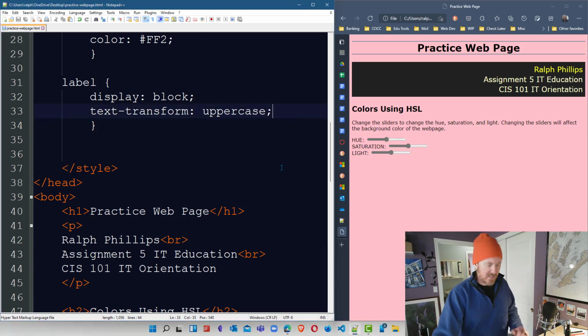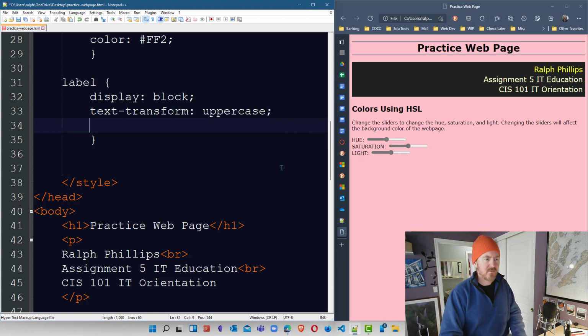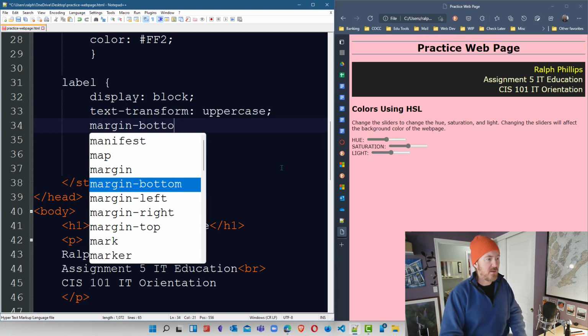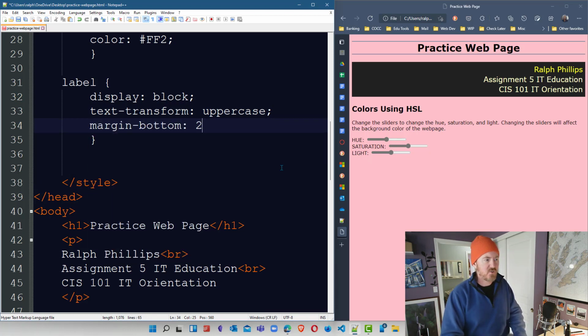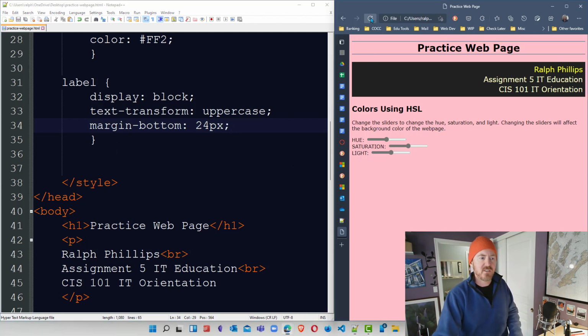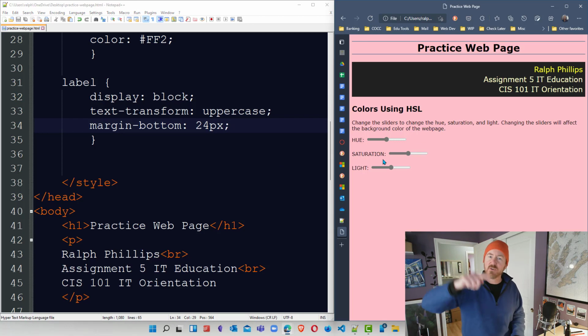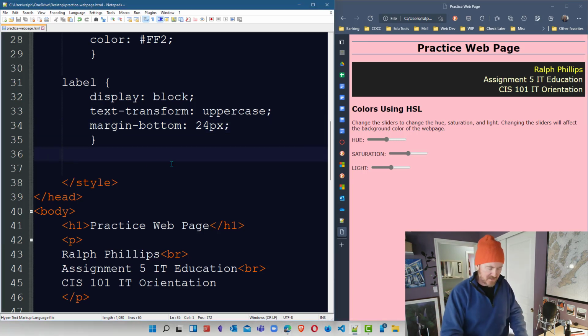I'm going to go back to that. Margin bottom, let's try 24 pixels. Control S to save, browser refresh. Give a little vertical spacing between them. All right, next,